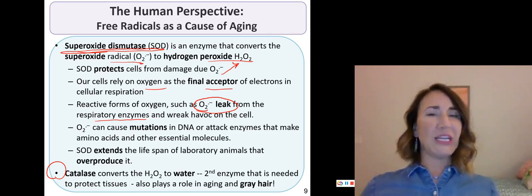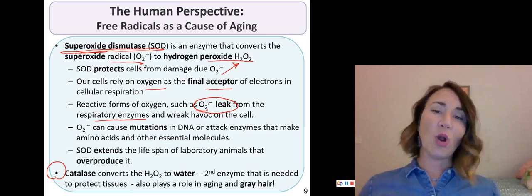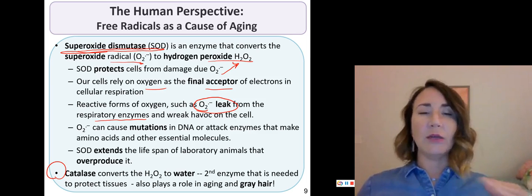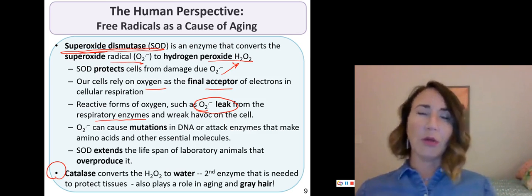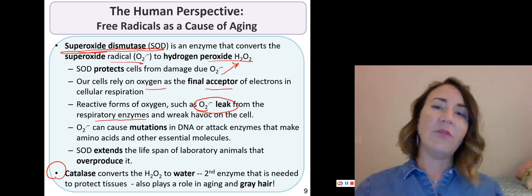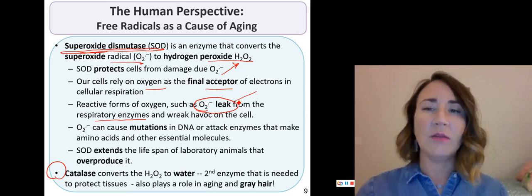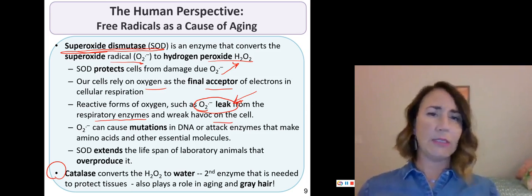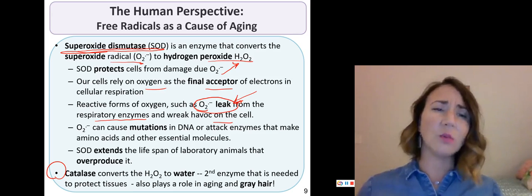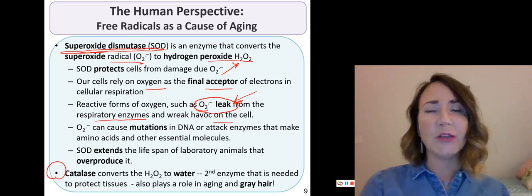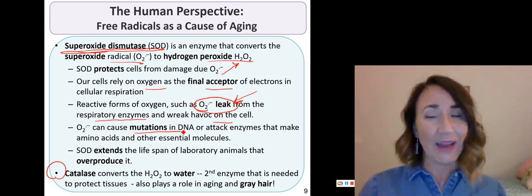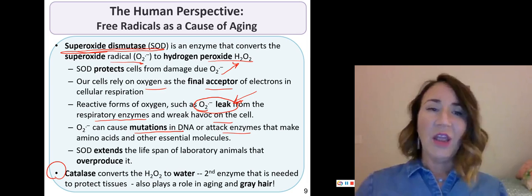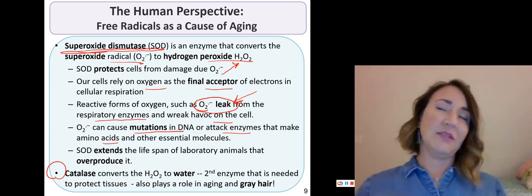So respiratory enzymes, or cellular respiratory enzymes, are typically proteins. In this case, they're converting a substrate into a product. If we have a buildup of this superoxide free radical, it's going to wreak havoc on the cell. Our cell is not happy when it has things binding in places not intended. As a consequence, the superoxide ions can cause mutations in the DNA. They can interact with our enzymes and cause them not to function, or impact other amino acids or essential molecules